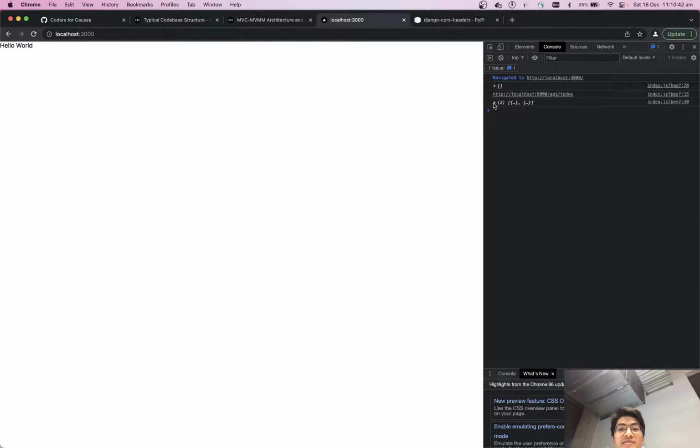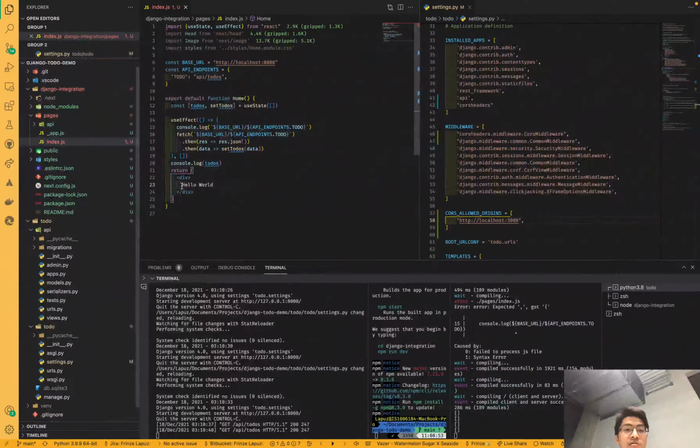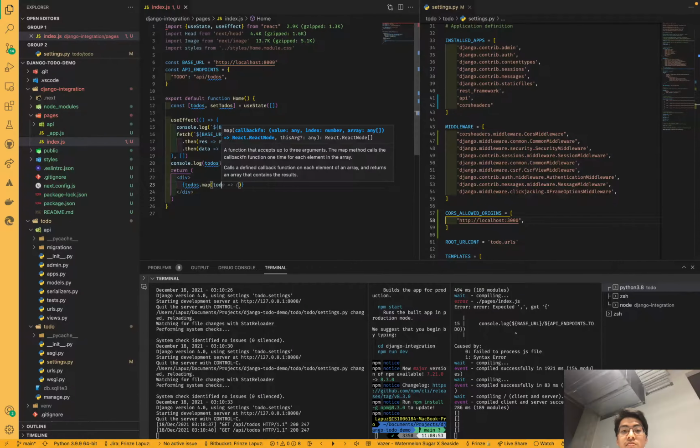As you can see, I am getting the data over here now. So we went from something that we didn't really know what's happening. It just said failed to fetch, and we looked at the console. We saw that it's a CORS error. We fixed the CORS error in the backend, and now we have the data over here. Okay. Now, by doing that, let's take a look at now dynamically creating our